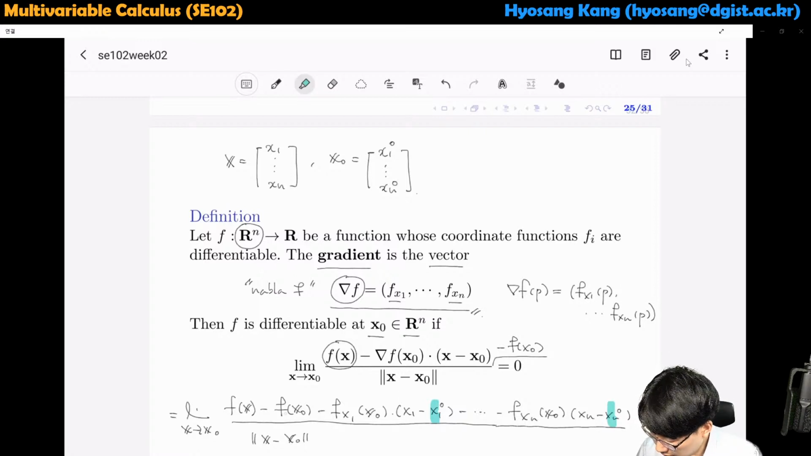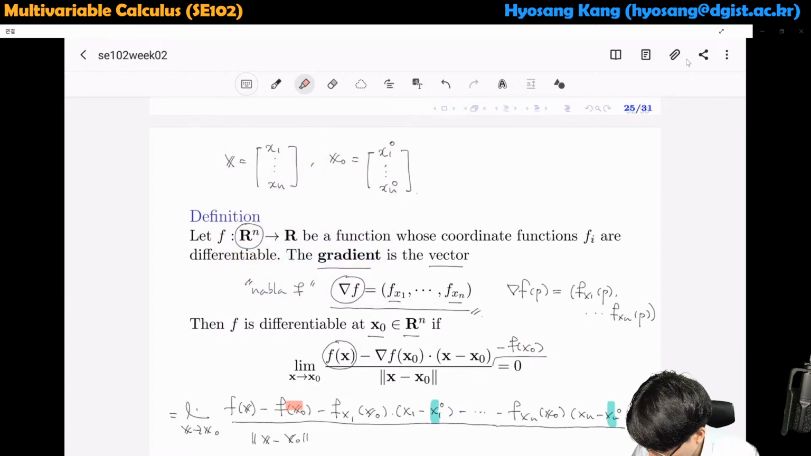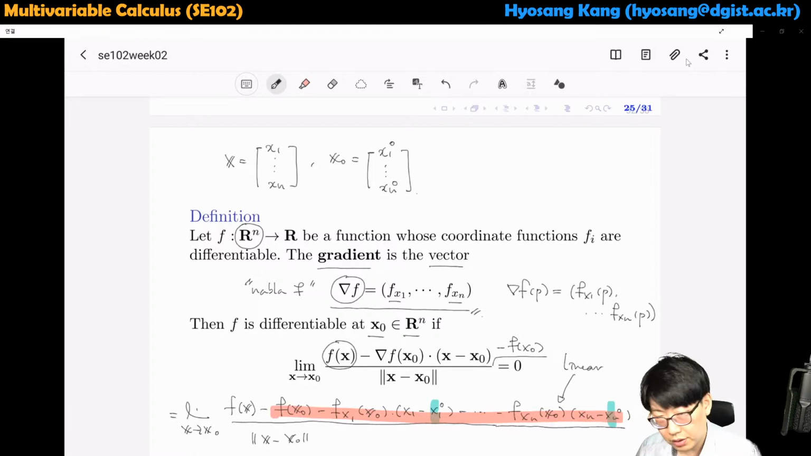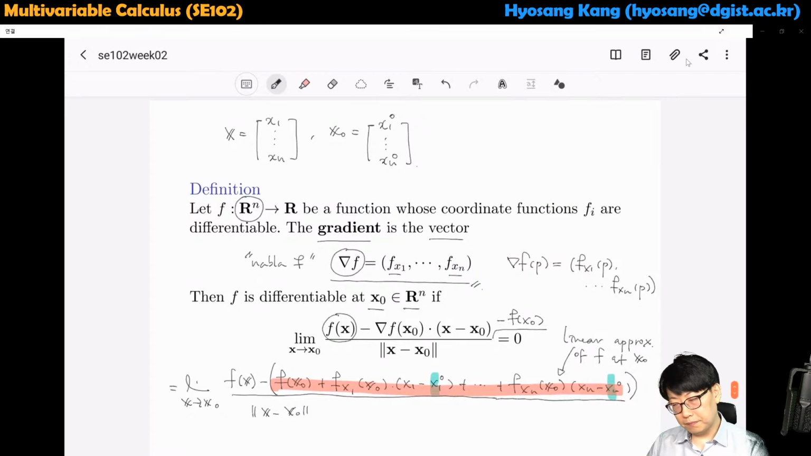So these parts are linear approximation of f. So if I put the parenthesis here, everything becomes positive. This is linear approximation of function at x0. Okay,